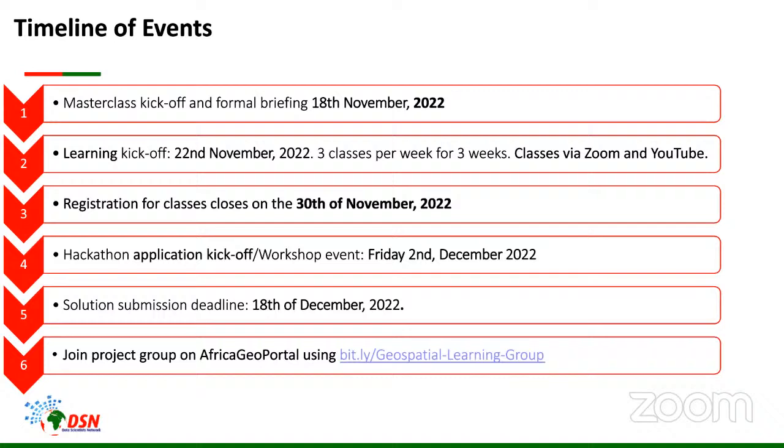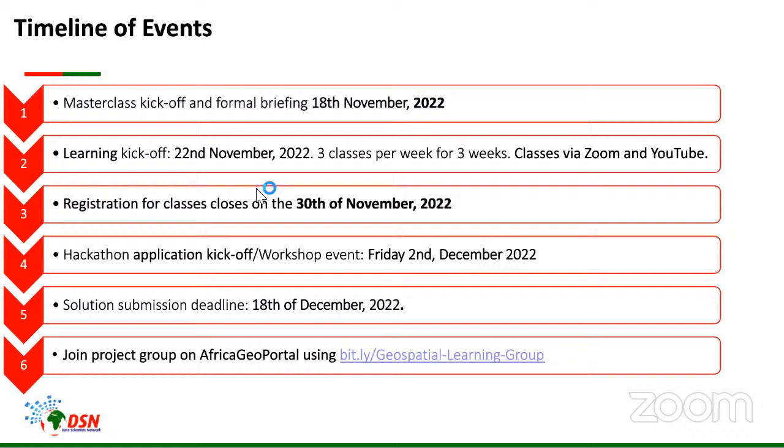They're very important. And now the more important part is the need for you to join the project group on Africa Geoportal. You must join it. This is very important. You cannot afford to miss it. The link has been shared via email with you all. Just ensure that you join it today, because that is the platform where we're able to provide you access to the ArcGIS Pro license.